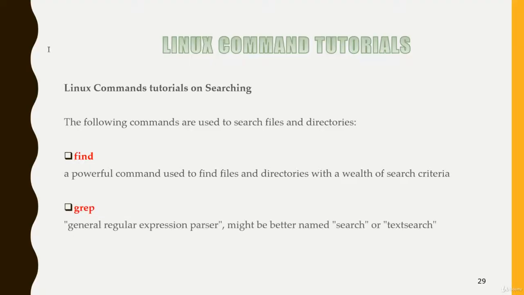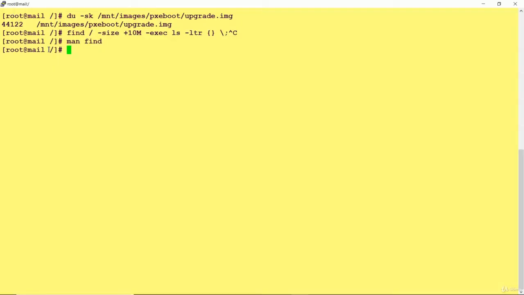So grep, the full form is global regular expression parser. It might be better named as search or text search. Suppose I'm going here and I have a file called messages, and this file has a lot of contents, and I want to search for those lines which have certain strings. I know the string, like warning message or error message. I want to extract those lines. Suppose this file has thousands of lines, and I want to search for those lines which have some errors or warnings. So in that case I can use the